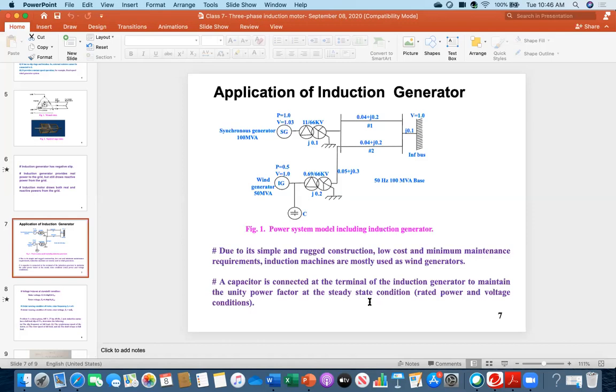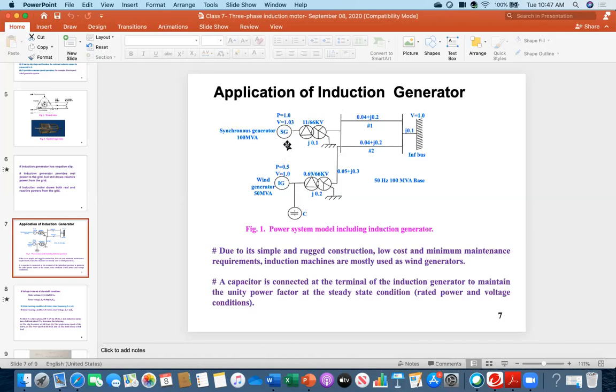During normal condition, you need to connect a capacitor here. That is the thing. So a capacitor is mandatory, to maintain the unity power factor so that you can maintain rated power and rated voltage. Without this capacitor, you cannot maintain the voltage. Voltage will go down. And if the voltage goes down, even though you connect a transformer, it cannot synchronize